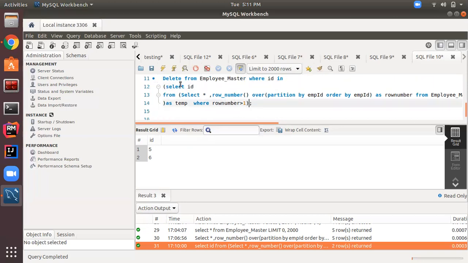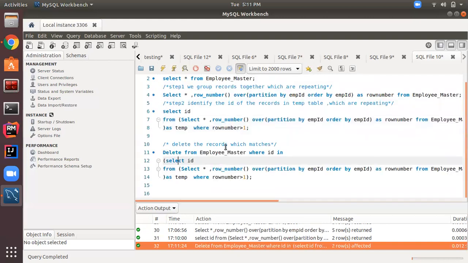Delete from employee master where ID in select ID, whatever IDs we get using these queries. As I explained in step 2, we are getting the IDs of duplicate records, so they should get deleted after execution. Let's execute this. It shows the message 2 records affected, and we had 2 duplicate records. Let's see whether it deleted the correct records or not.